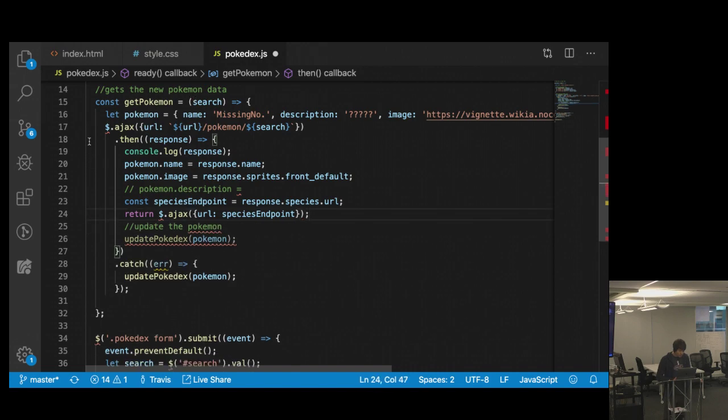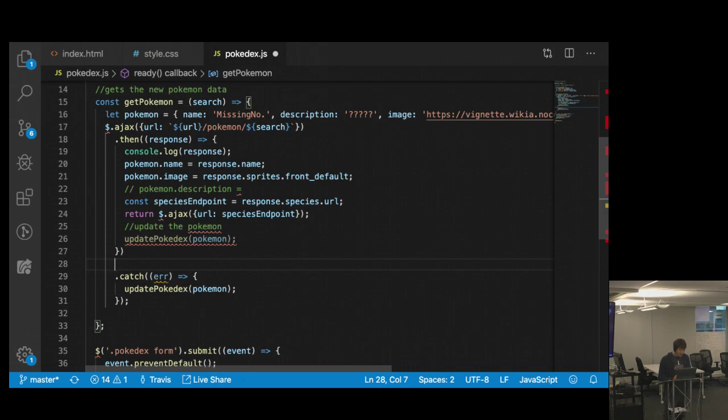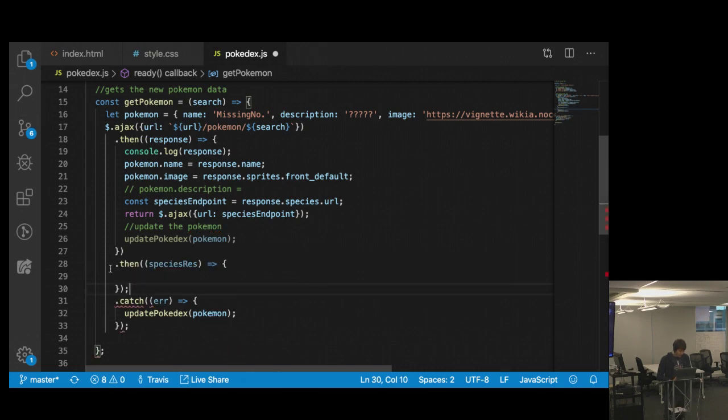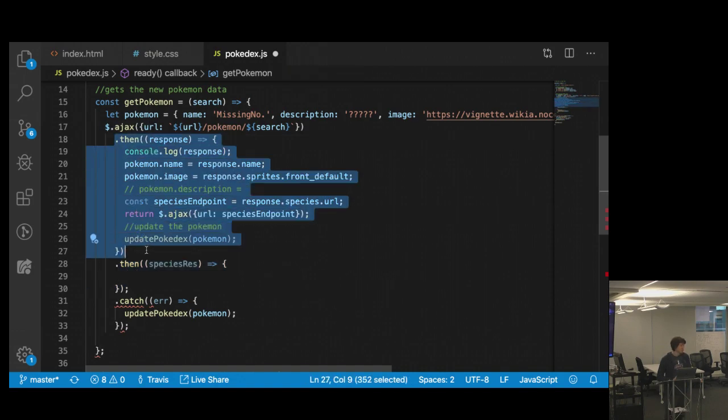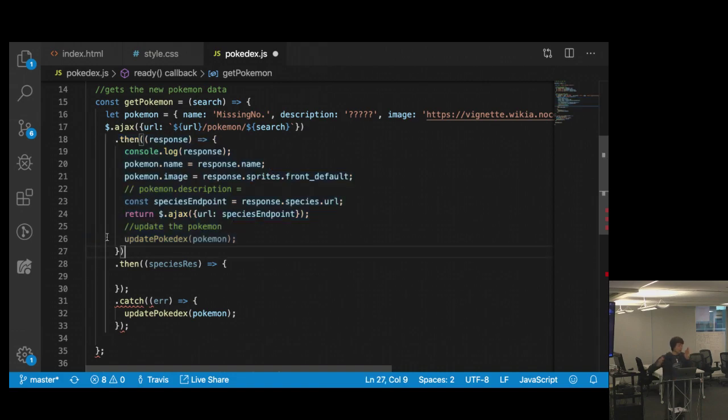So when this promise resolves, we're starting another promise and we're returning that. We can then tag on another .then, and this will be triggered when whatever we return from our first .then is resolved. So then we're not getting deeper in our nesting. And then we can do like a